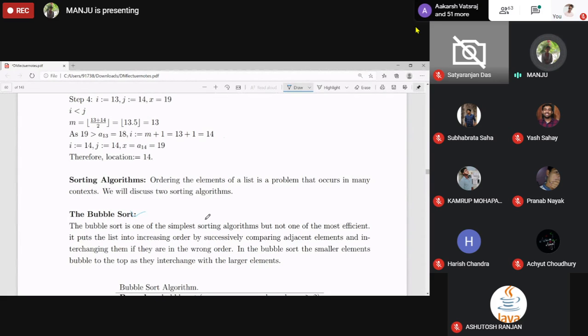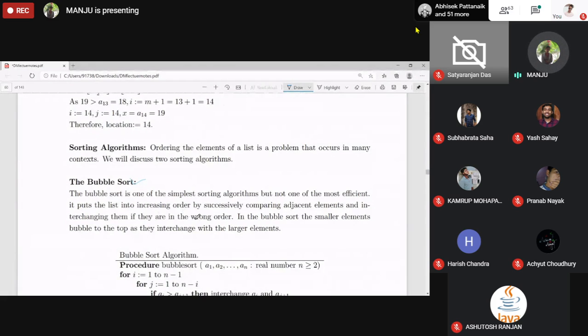What does this bubble sort do? It successively compares the adjacent elements, and if some element is bigger than the next one, for example you have 3, 2, 4, 1. So it compares the first two. If this element is smaller, that is lighter than 3, then it pops up like a bubble. So 2, 3, 4, 1 is the output of this.